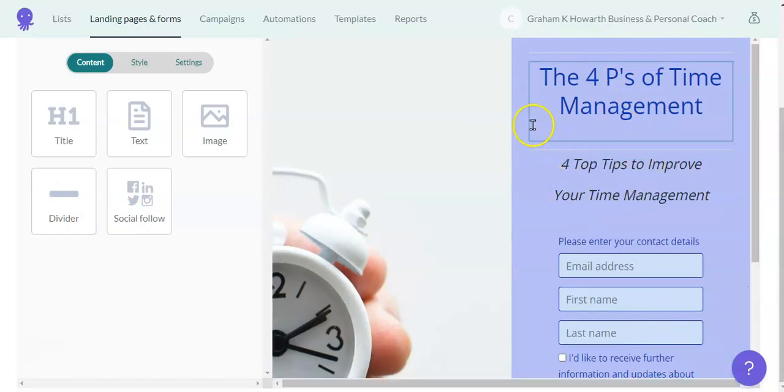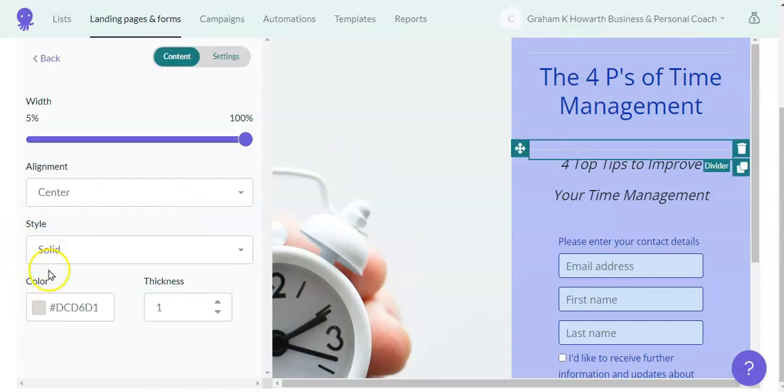Okay, now obviously that's got a bit of an unequal gap, so if we look at this line here, and first of all let's just change the color of it so it stands out a little bit more, and I'll use the blue color I've been using all through to do that. So you see we've changed that to a blue. We'll make it a little bit thicker. You can go as thick as you like here.